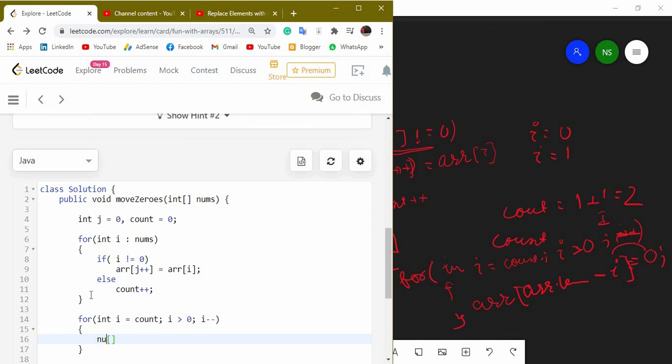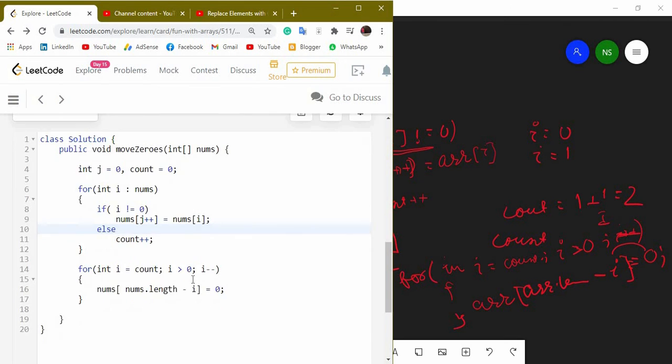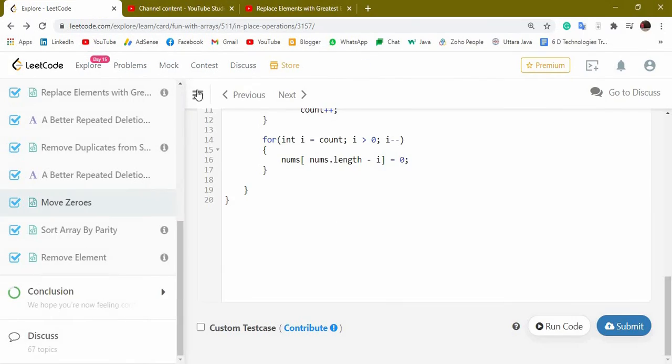I cached it, otherwise we are going to get lots of errors. We have to make it nums everywhere. Inside nums, we have nums dot length minus I, and in this we are going to store 0, and that's it. I hope we will get the output, and let's submit it.